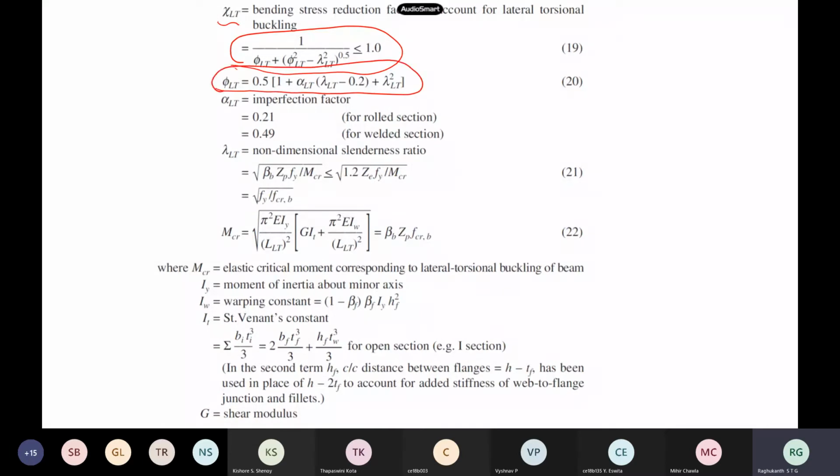So this was the expression. This formula looks the same as for the compression member. So which formula is this one? Is it Euler's formula, or which formula is used for compression members in the IS code or in the Eurocode, and it is based on which principle? You remember in compression members I told you who derived that formula? Now this formula came from whom? What assumptions for columns?